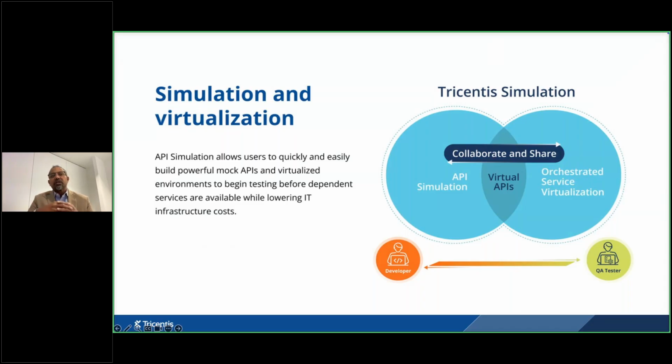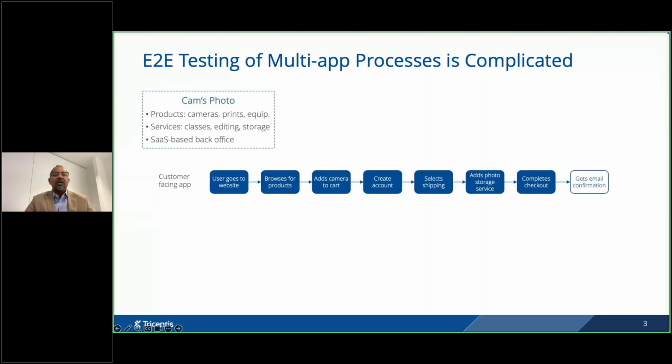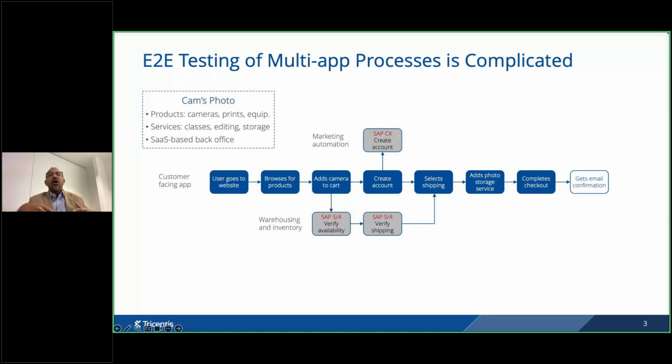So let's just look at it in terms of an example. It's relevant to the work that we just saw, when we look at the clean core paradigm from SAP, how we might implement something like that. As an example, we're going to create a customized Photoshop checkout process, where we're building this using BTP as a custom environment rather than leveraging some of the basic functionality that might be available in the CX. If you look at the business process that we're trying to support, there are always going to be interactions with back-end systems. In this case, an S/4HANA inventory management scenario, where you're going to create an account that's going to be back into the